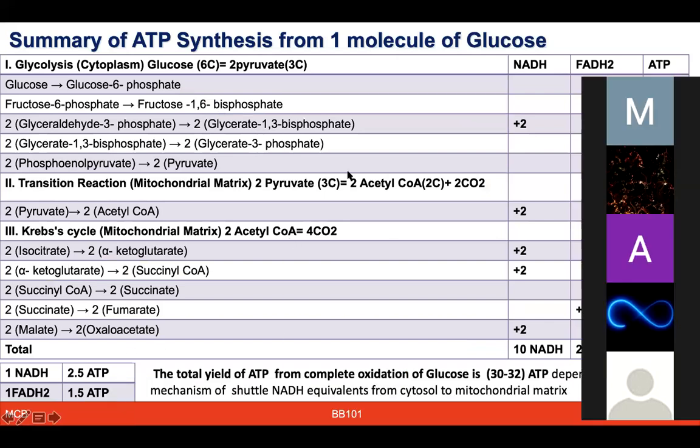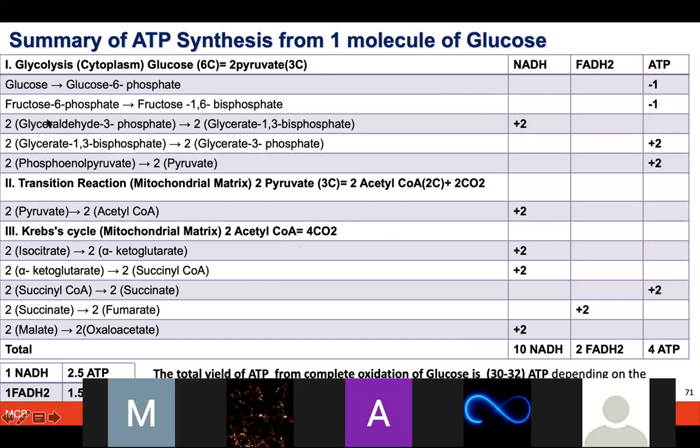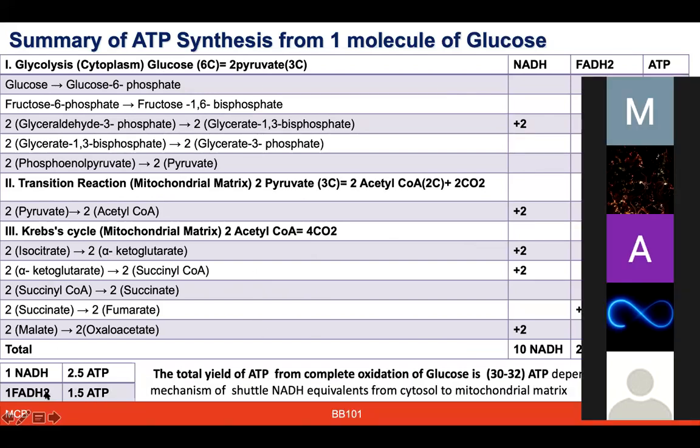One of the TAs has produced this very nice table, which I thought to share with you. This will really help you to understand the different steps from glycolysis to the Krebs cycle, the number of ATPs, and in total how much is being used and how much is being produced. That's how these numbers are coming. And an estimate is that one NADH molecule generates 2.5 molecules of ATP, and one FADH2 gives rise to 1.5 ATP.